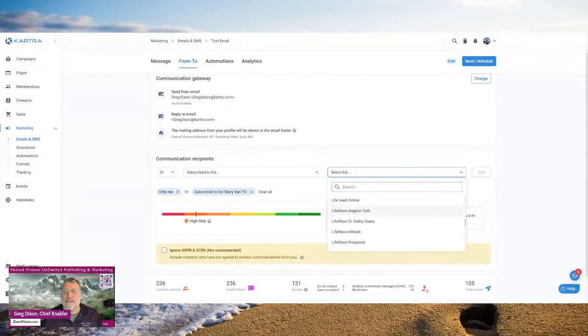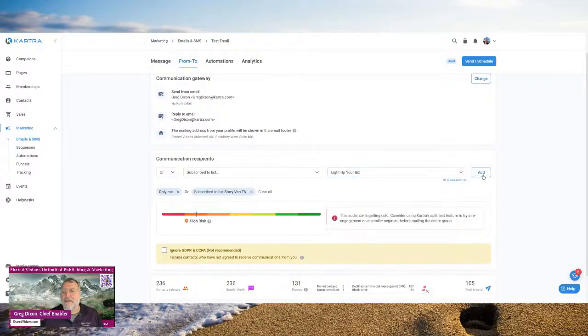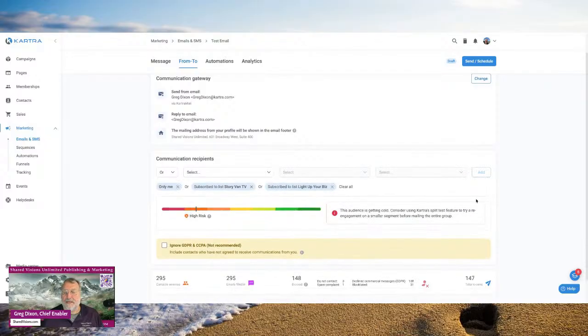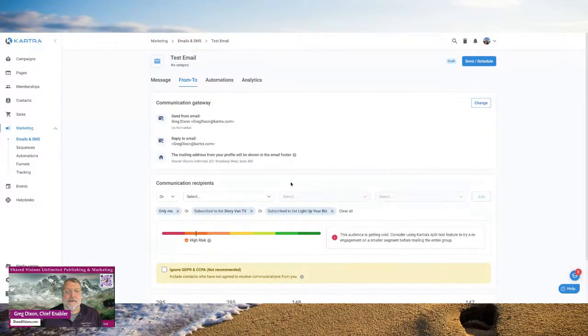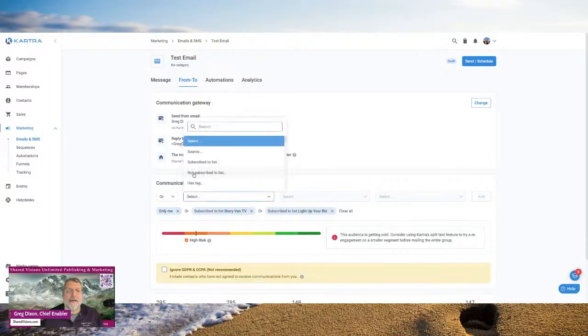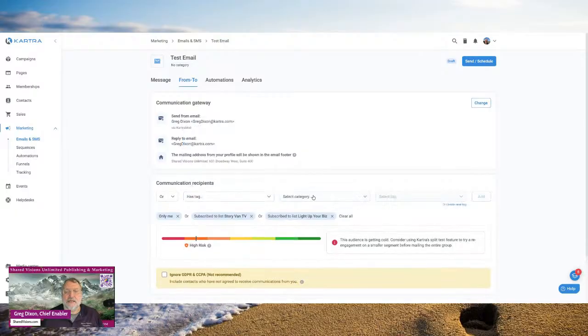I'm not actually going to send anything, so I'm just picking some kind of list for your business. And there's more there too. Anyway, the whole idea is that you could pick, but you could also choose by a tag. Like you can use the list, but you could use